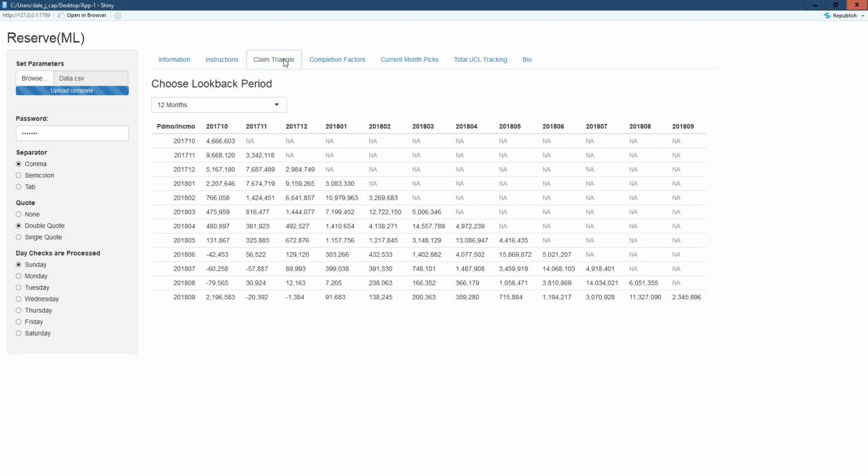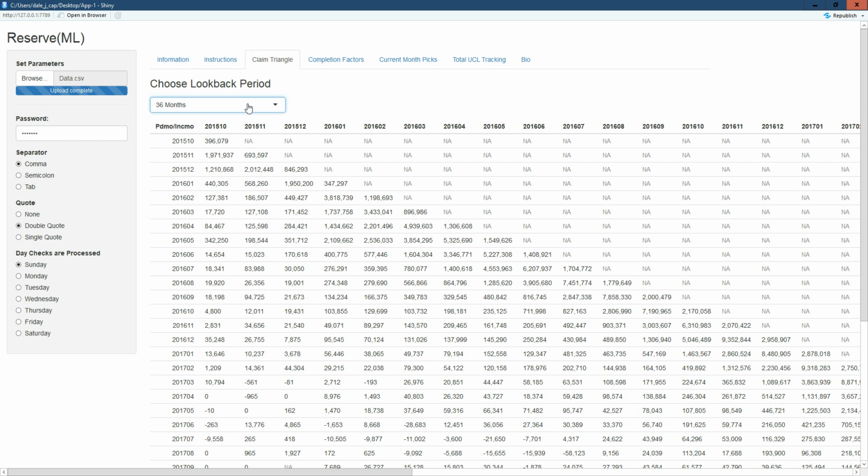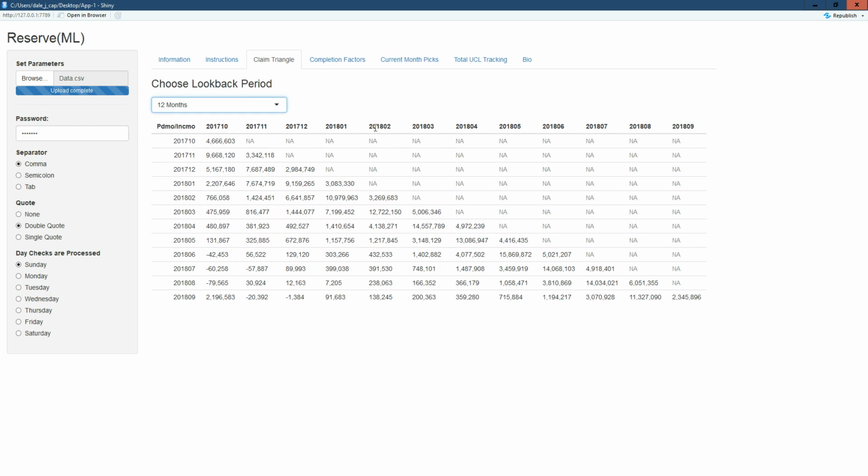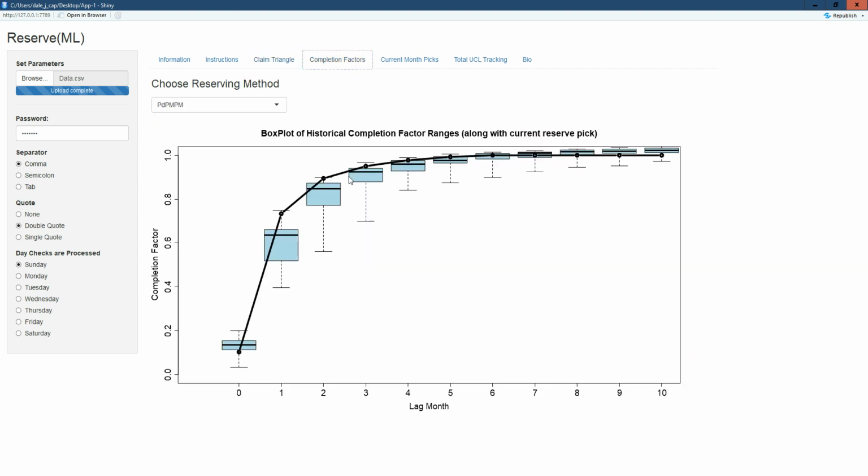tabs do. The next tab, after you input the data, it populates the claim triangle. You can slice and dice it, look at 24, 36, or 12 months of data really quickly and easily at the fingertips. Again, this can be done on your iPad, your iPhone. That's a great thing about this model is that it's extremely flexible and you don't have to worry about chugging through Excel file tabs. The next tab to help you set the reserves is an illustration for the various methods